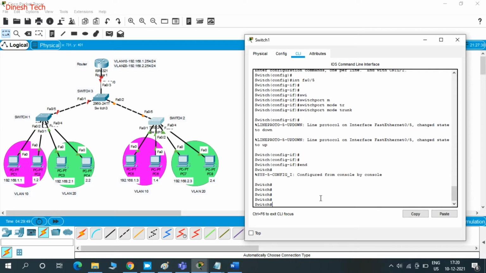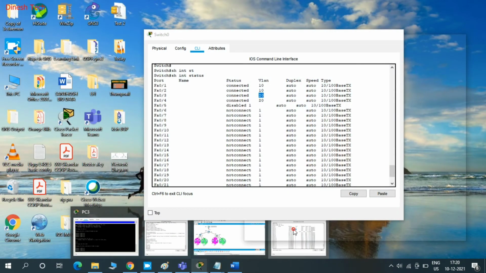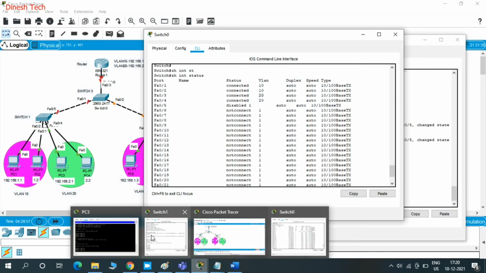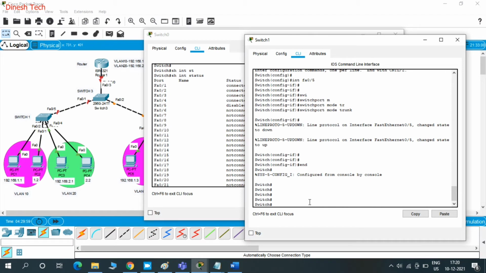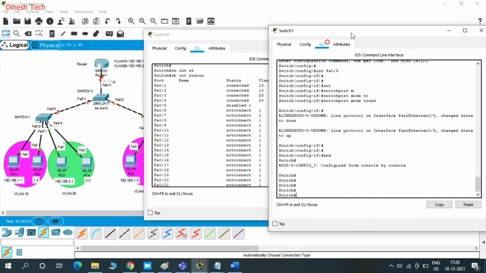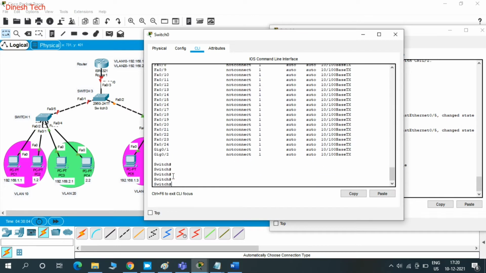I think on switch 1 interface FA0/5 we have not configured. We can validate with show running-config, but I'm sure I did not configure FA0/5, so I'm going directly to configuration mode and giving the switchport mode trunk command.